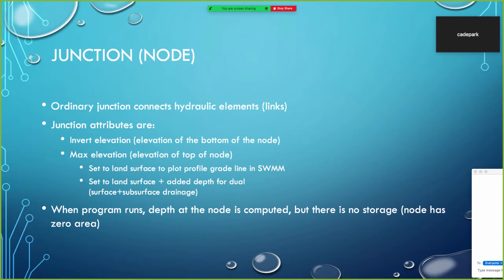So an ordinary junction node is a node that connects hydraulic elements, and hydraulic elements are generally links. The other element that a junction node can interface with is a subbasin. The junction attributes themselves are the invert elevation, which is the elevation of the bottom of the node, the max depth, or actually the max elevation but entered as depth, which is the elevation of the top of the node, and there's a couple of tricks